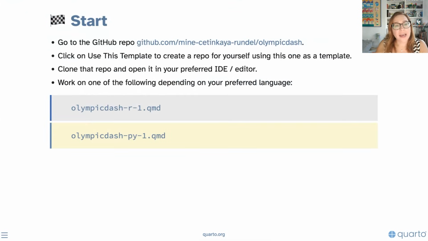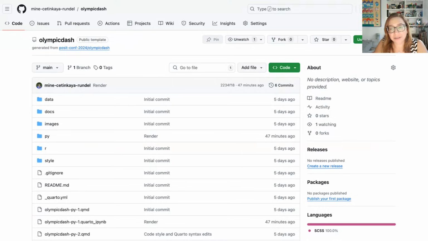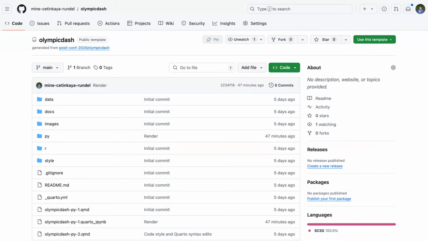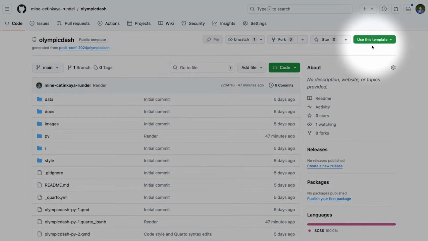To get started, go to the GitHub repository linked here. That is my username /Olympic-. And when you get to that repository, you will see that there is a button. This is set up as a template repository that you can say that you want to create a new repository using this one as its template. So I would recommend going ahead and doing that. This would be sort of like forking it, except that fork link will not be there anymore. You'll own the version of your repository and you can commit and push to it easily.